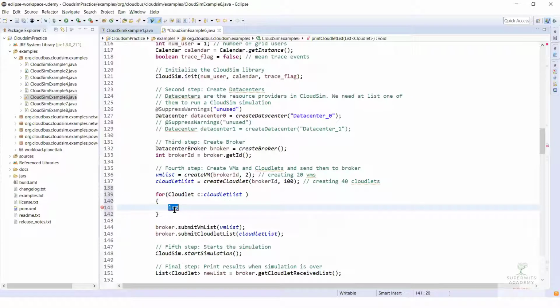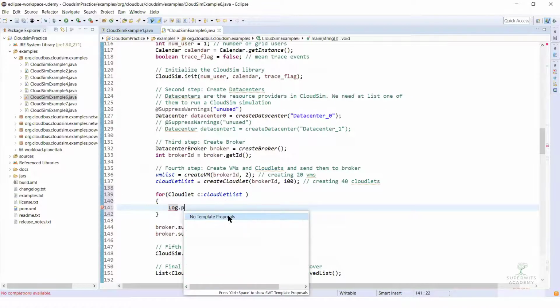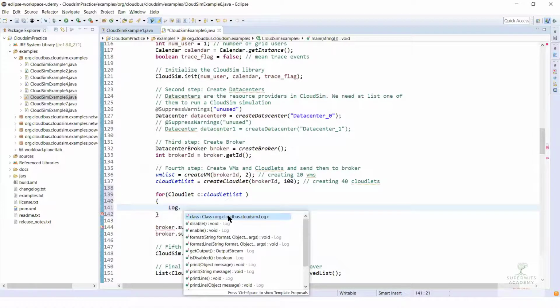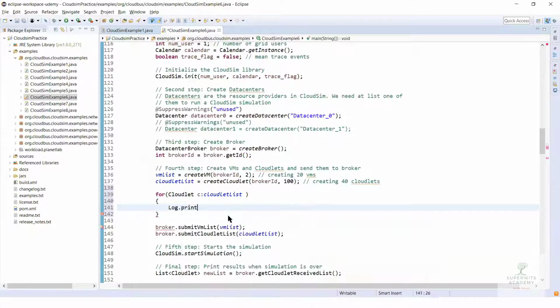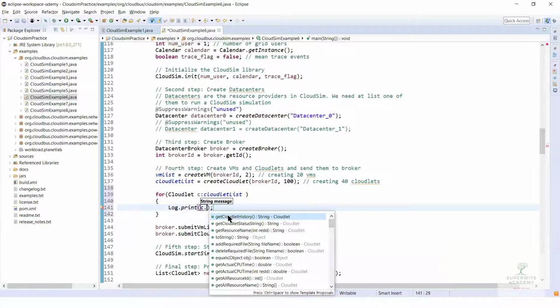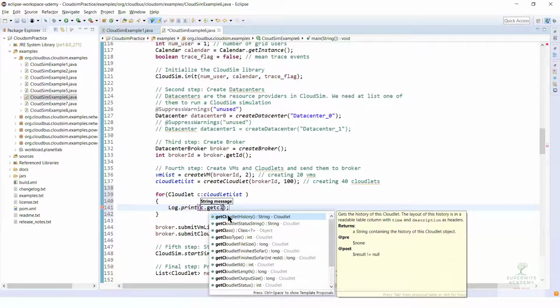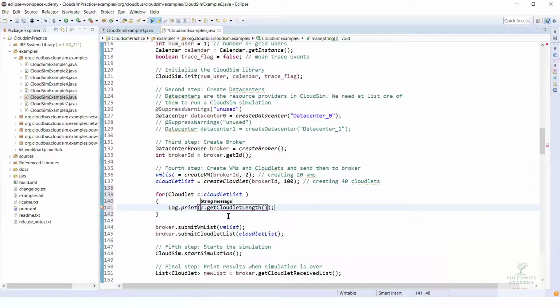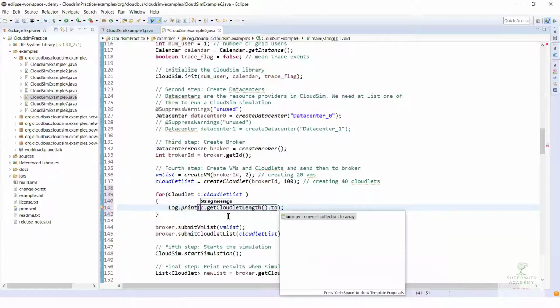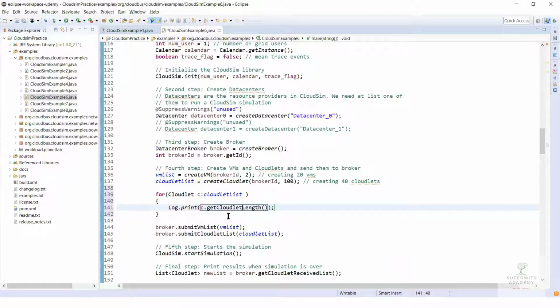So we have Log.print, and I want to print c.getCloudletLength. I think it should work directly.